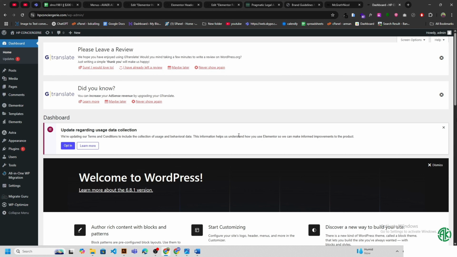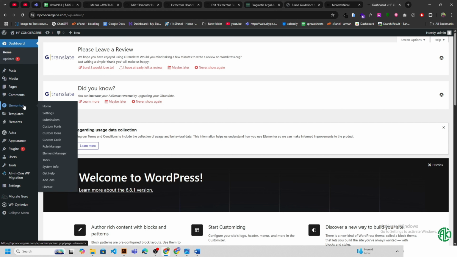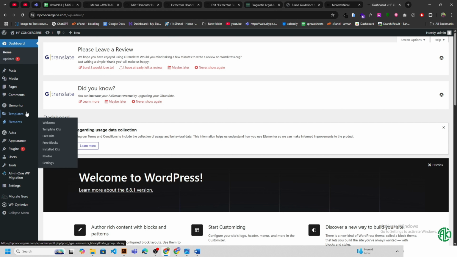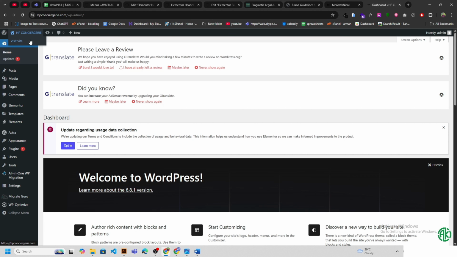After you successfully log in to your website, you can see your dashboard like this. There you can see all of the information, the backend part like dashboard, posts, media, pages, comments, Elementor, templates, or other things. Suppose, for example, you want to change your website homepage content. You just need to visit the site,